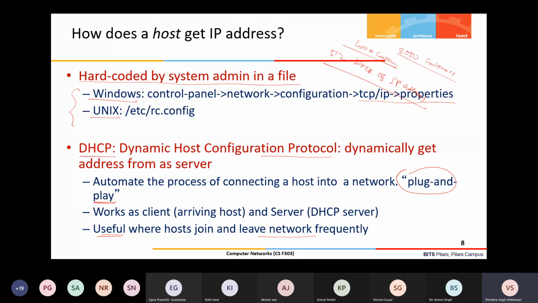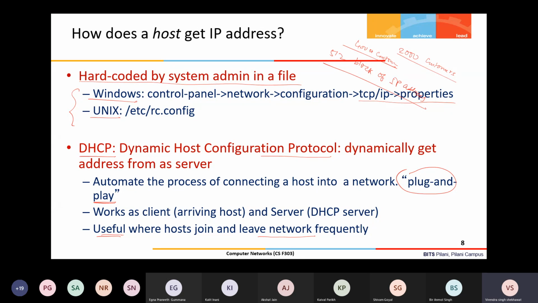So when you change the subnet, your IP address is also supposed to change, because an IP address is location specific. Your network changes, then the IP address also changes, because we know how subnetting works. In each subnet you have a range of IP addresses which is allowed, right? So according to that you will get the respective IP address which is available in this range. What is available, what is not available, how many have been assigned, all this bookkeeping is done by the DHCP.